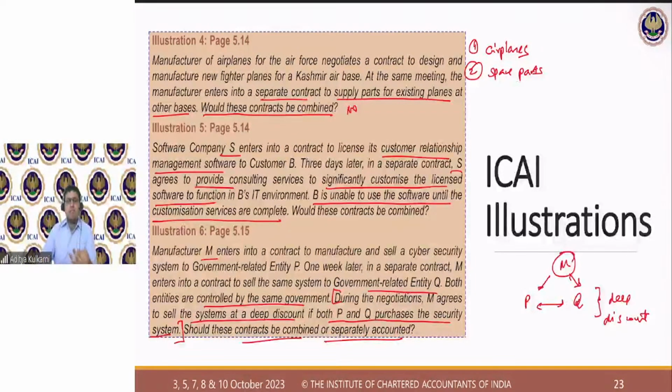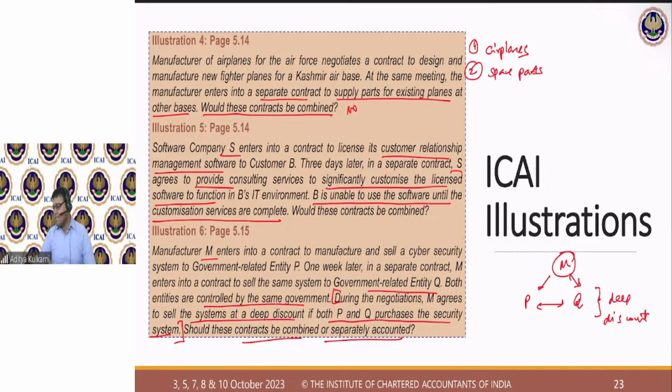Now, whether it is P or whether it is Q, both of them will connect to the same server which is installed. It's not like you will install SAP for P separately, SAP for Q separately. It's one single contract where you install SAP one time, and then you install the front-end interfaces for P and Q. That is why he can give a deep discount towards SAP installation and commissioning services for P and Q, and that is why it makes sense to negotiate it as a contract with a single commercial objective, and that is why we are doing the combination.